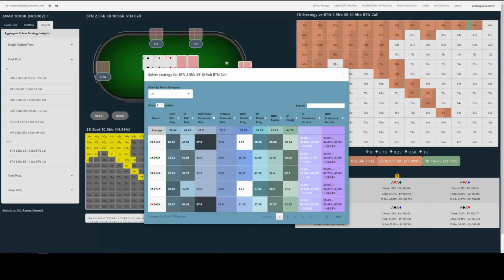Looking across the columns, each column represents a different statistic. So currently we've got 10 statistics, quite a few more on the way, but we've got this for now. And we see the out of position bet frequency, in position bet frequency, the most common bet size for each position, check frequencies, equity,